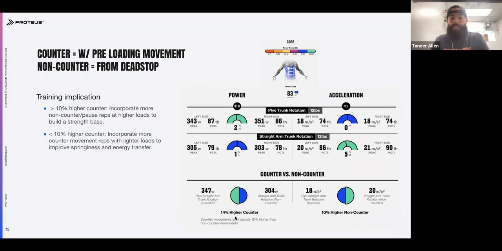If an athlete falls outside of these, the general protocol is, if they're 10% higher on the counter, we want to incorporate a little bit more pause reps. But again, we don't want to try to change an athlete too much if they're already in a range that we want them to fall within. However, the big time you see issues is when someone is negatively on the side of being higher on the counter variation. Sorry, did I say that right? Yes. All right. If someone is higher on that non-counter variation,